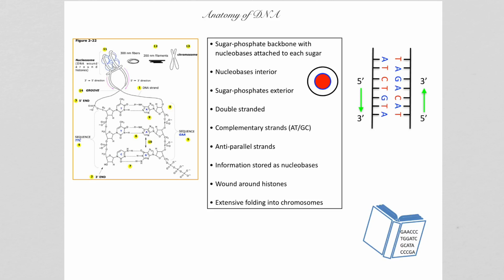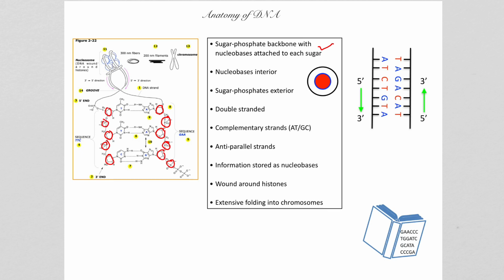Let's look at the basic anatomy of DNA. So basically you can see we have a sugar phosphate backbone. So we have the sugar, we have the phosphate, again the sugar, phosphate, and so on. Same thing on the other side. The other strand, sugar, phosphate,